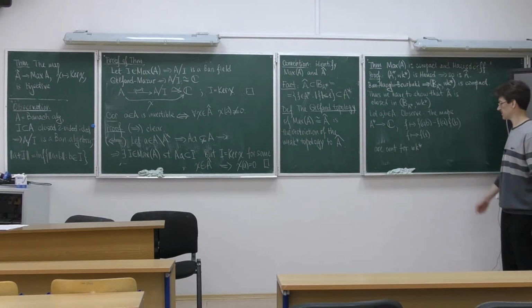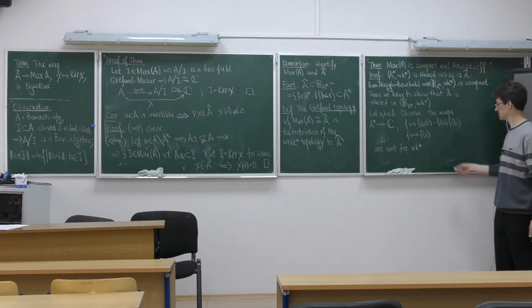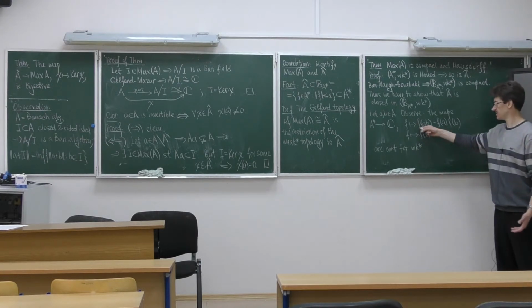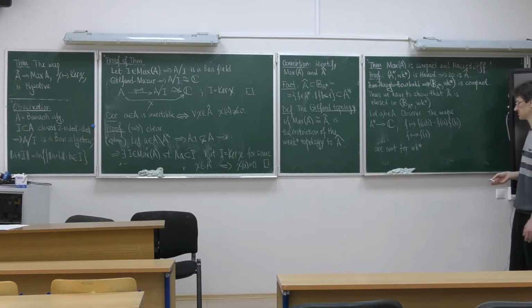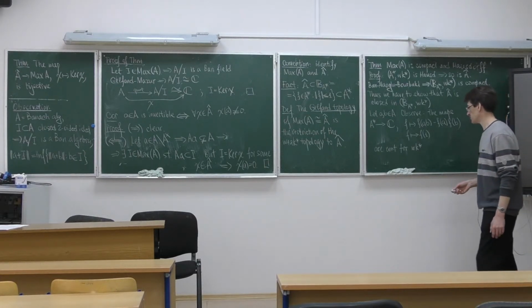Well, this is clear because this is just the evaluation map, which is obviously continuous. The product of two evaluation maps is continuous because each of them is continuous, and the difference of two continuous maps is continuous. So they are continuous. But on the other hand,